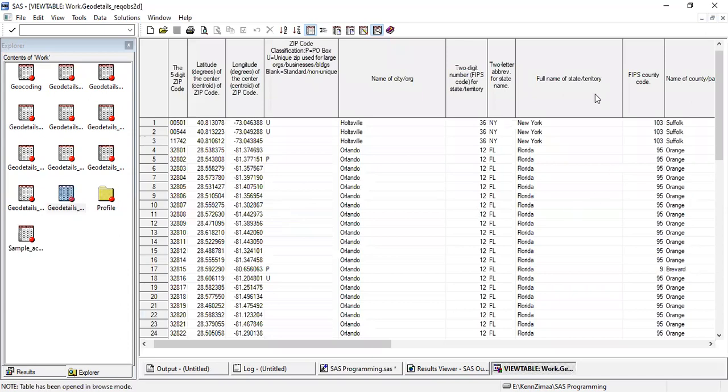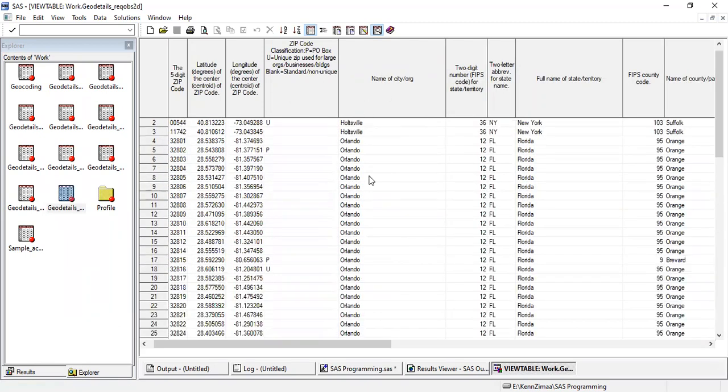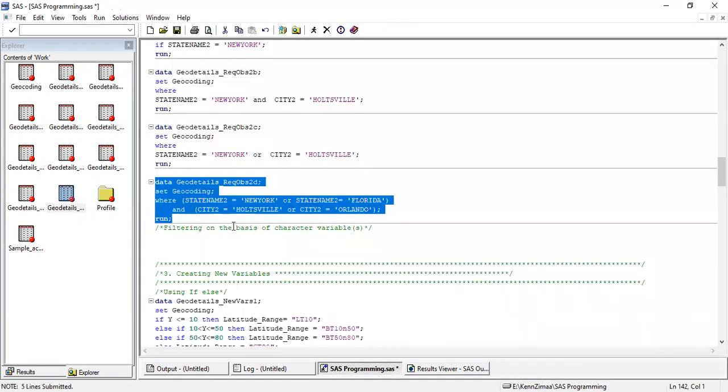If we see here, in my state I have either New York or Florida, and in my city I have either Hallsville or Orlando. So this is how we can combine multiple statements. We can use brackets, we can use multiple operators depending on our requirement. I covered this to explain how, in the real environment, we need to write a bit of complex queries to pull our data.